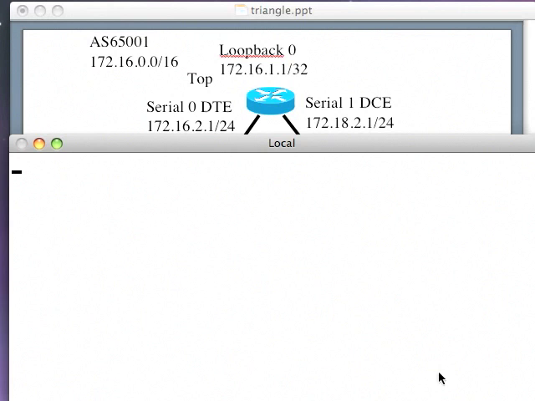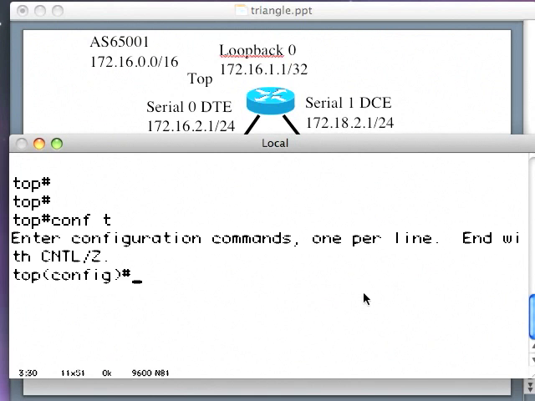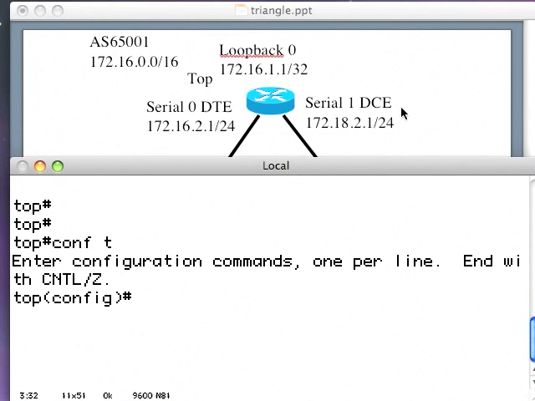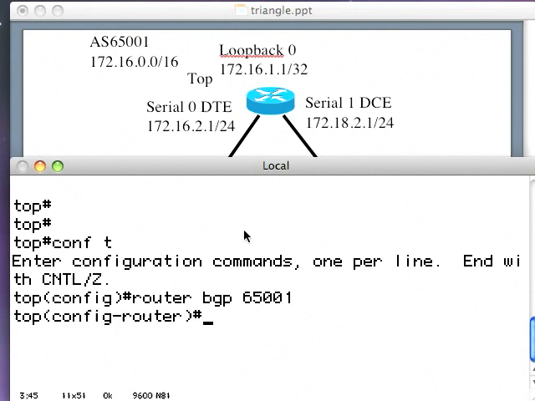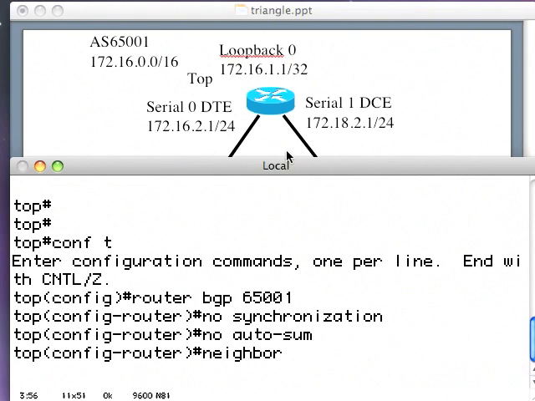Here we are on the top router. Conf T. I don't need an iBGP. I don't need an interior gateway protocol. So I'll get straight into the router BGP commands. Router BGP 65001. No synchronization. And no auto summary. And then neighbor